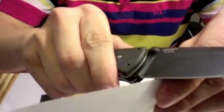Let's try to do a cut. Okay, some fine cuts. Normal 45 degrees, no problems. Seems to be a clean edge to me. And so,